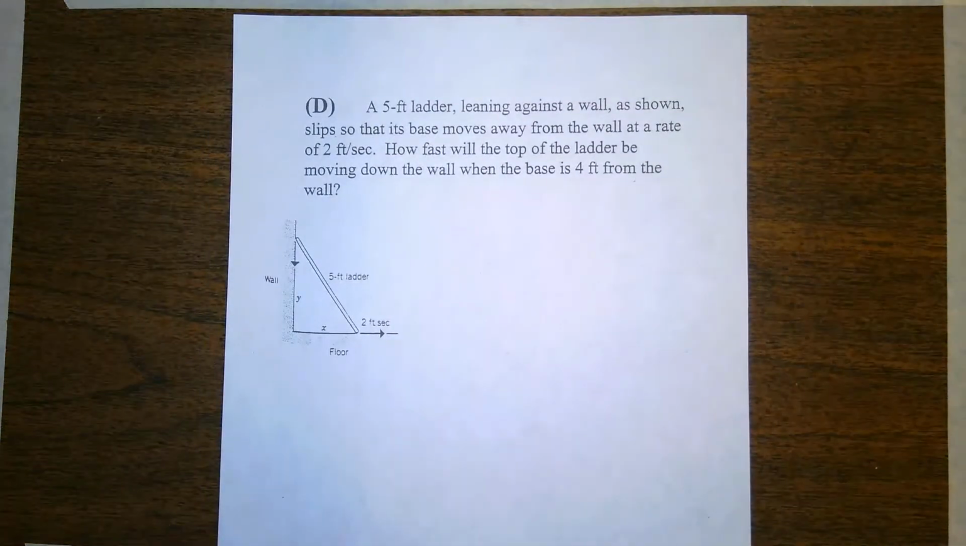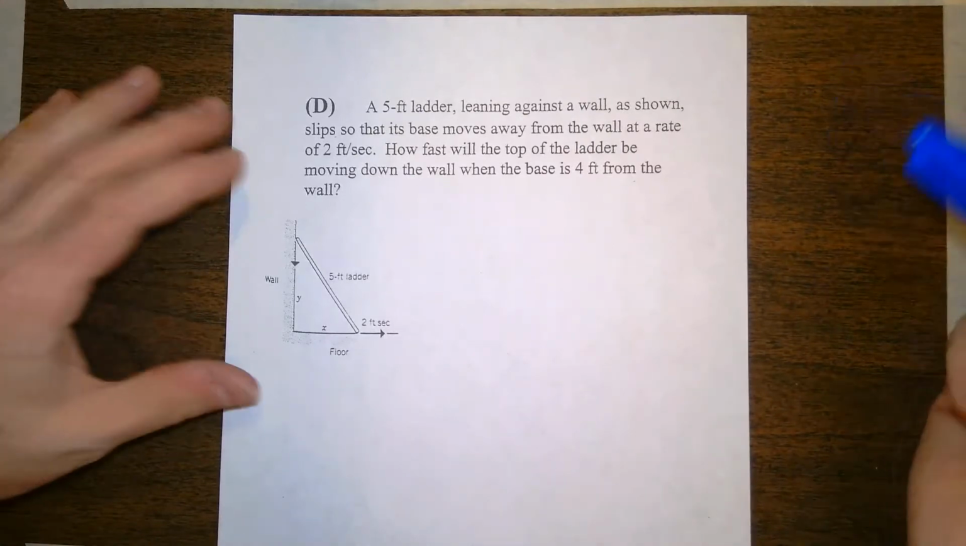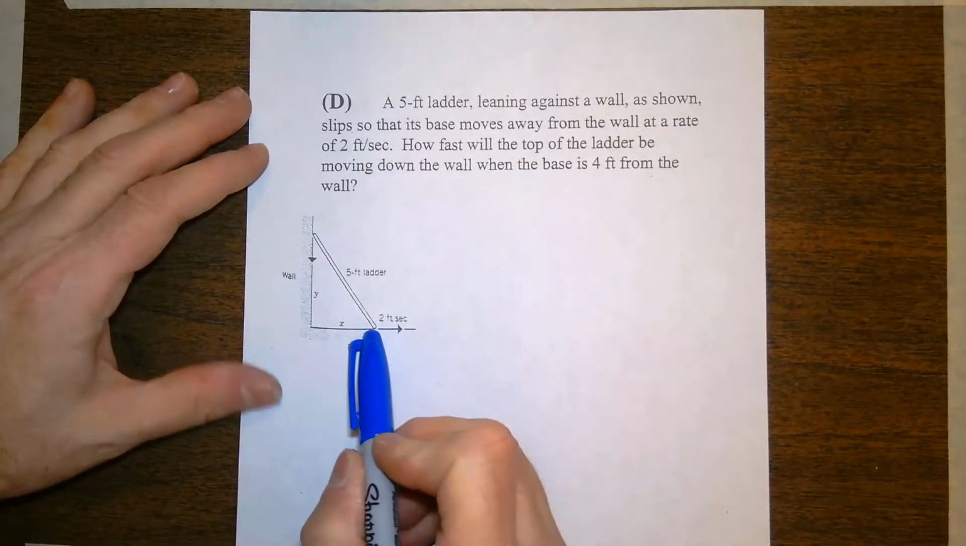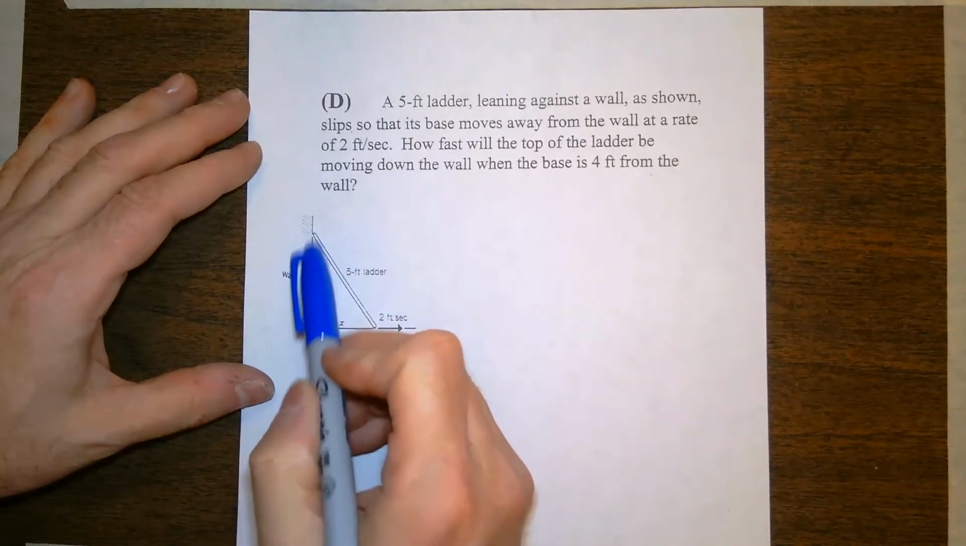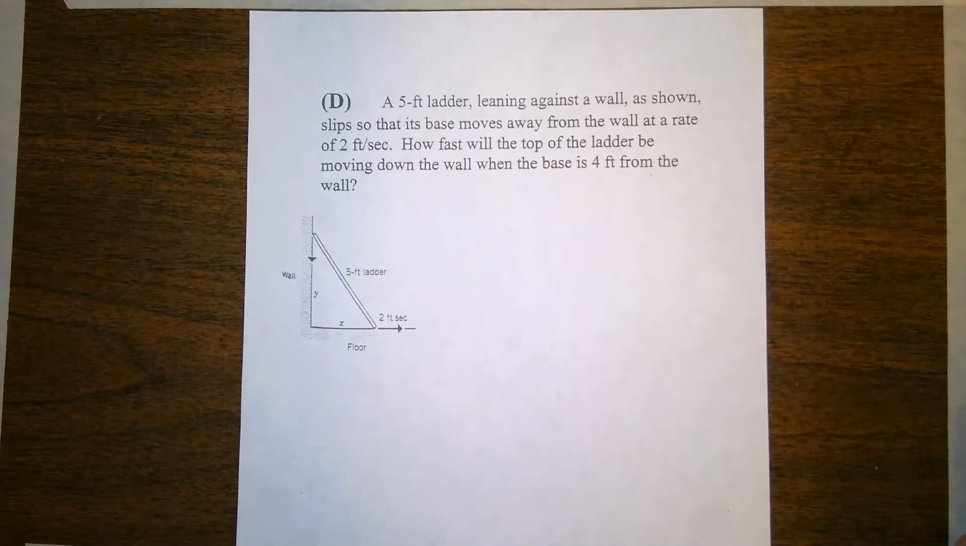So problem number D. A 5-foot ladder leaning against a wall as shown slips so that its base moves away from the wall at the rate of 2 feet per second. How fast will the top of the ladder be moving down the wall when the base is 4 feet away from the wall? And you might think, it seems logical that if it's moving 2 feet per second this way, wouldn't it be moving 2 feet per second that way? And the answer is no, because